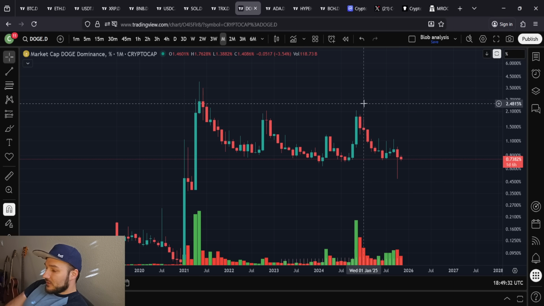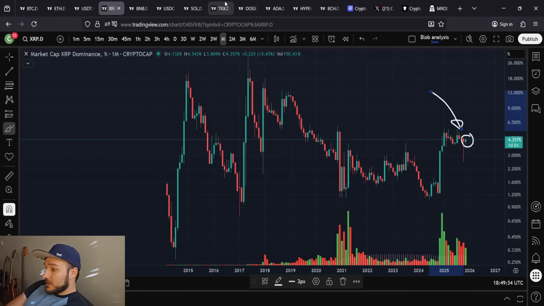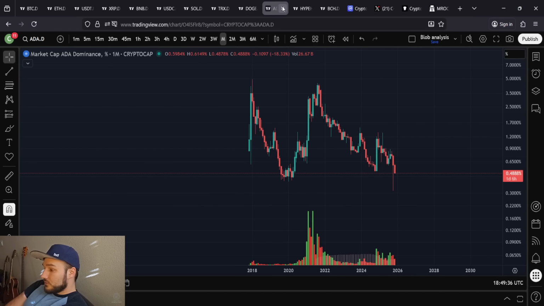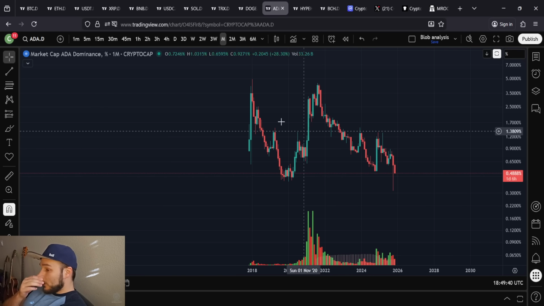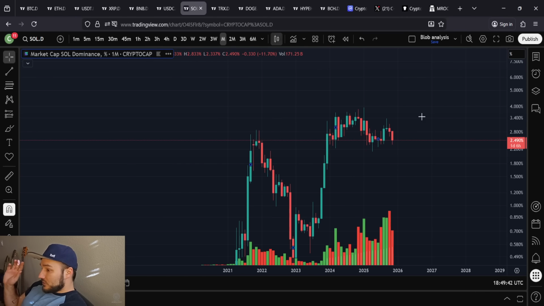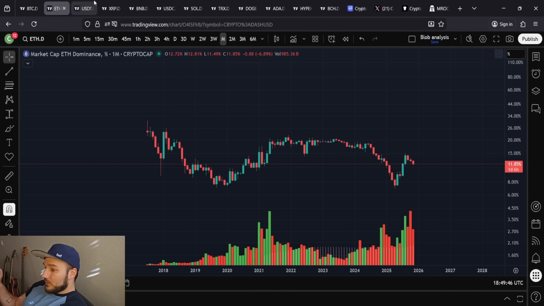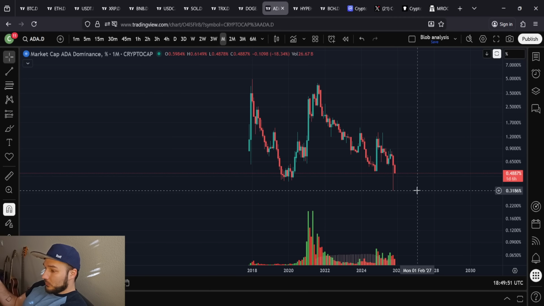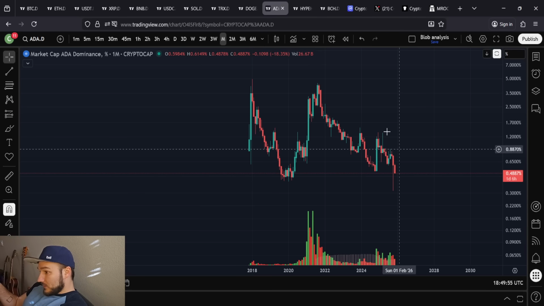But the only ones that are green right now, and I think those are the ones to pay attention to, are XRP, Tron, not Doge, not Cardano. Cardano's actually dropped a lot. Cardano's dominance out of all these charts, have you noticed, is the one that's dropped the most, right? I think Ethereum's second. No. So Solana would be second, and then Cardano is the most, which is actually kind of concerning. That might be a point of concern, just saying. No offense to the ADA gang.